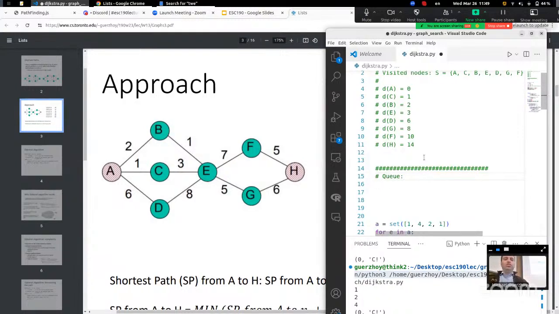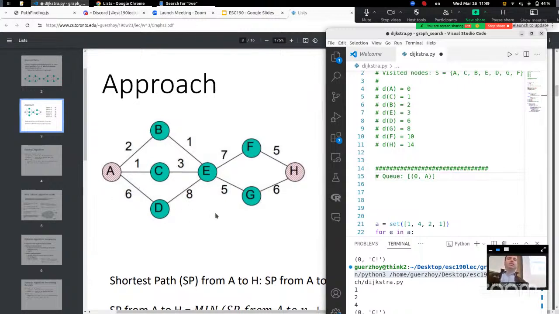Initially the queue is 0, A. So we visit A, and that means that we add to the queue B and C and D